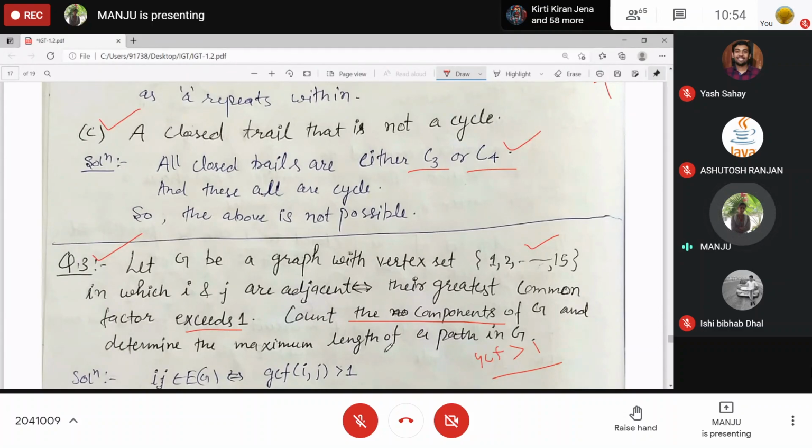First you need to draw the graph. These are vertices. Edge set. Tell me the edge set. For a graph, you need the vertex set as well as the edge set, right? Yes, ma'am. So tell me the edge set. Where is it given? Edges. Is the edge set given or not?